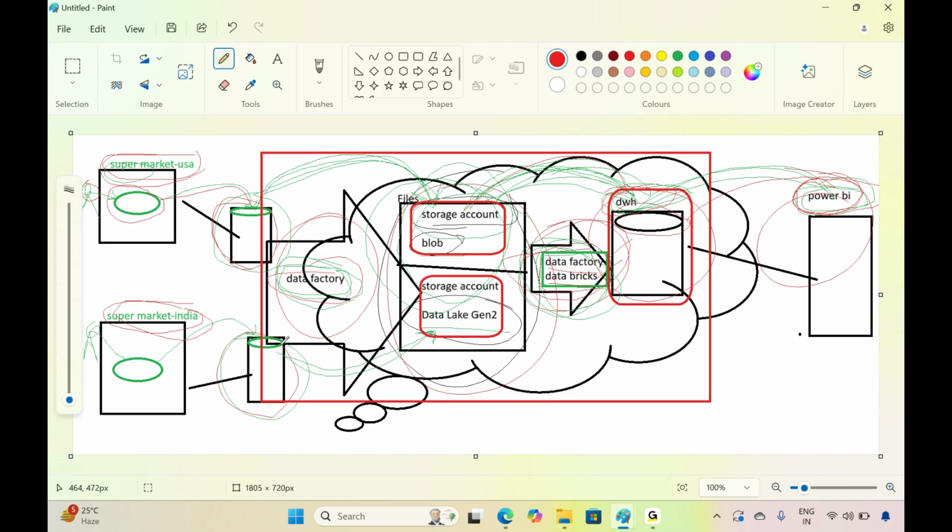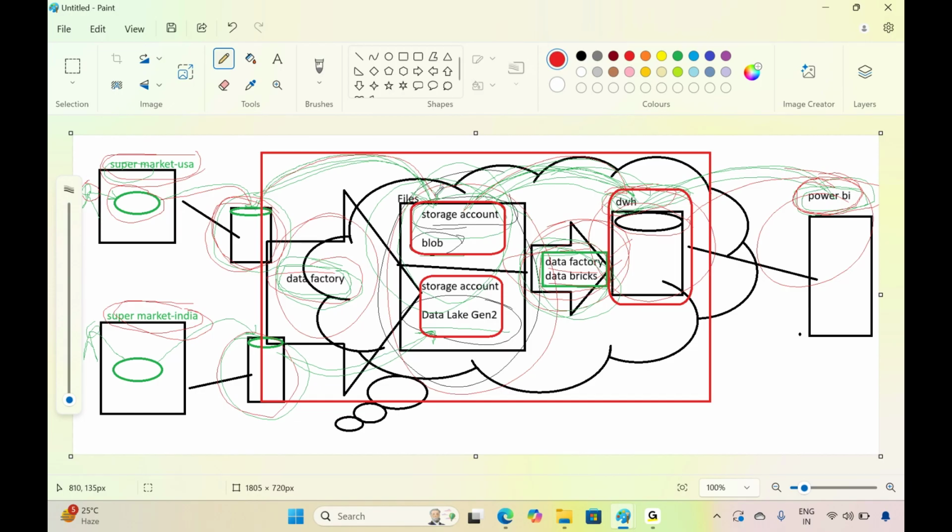Okay, what is your role over here? As a data engineer, your role is, whatever the business data stored in the backend databases, you need to consolidate that data into one particular place. So instead of saving that data in our local computers, local servers, you need to move everything into the cloud.